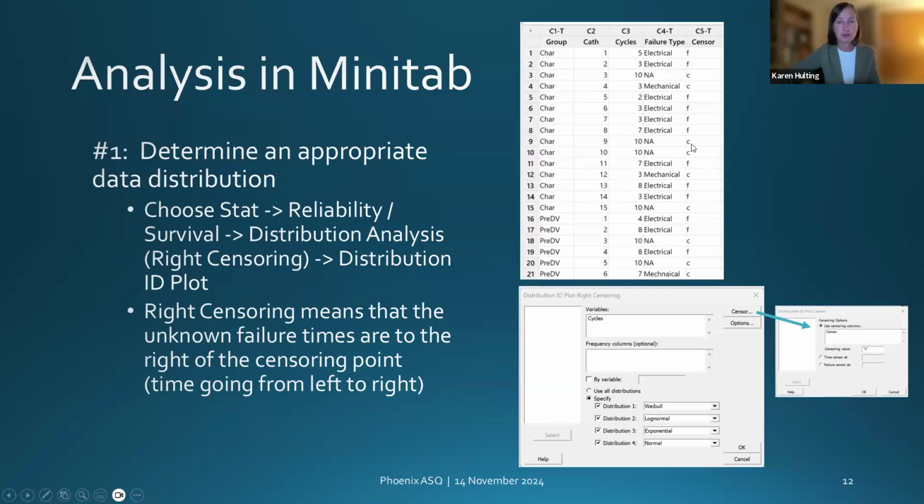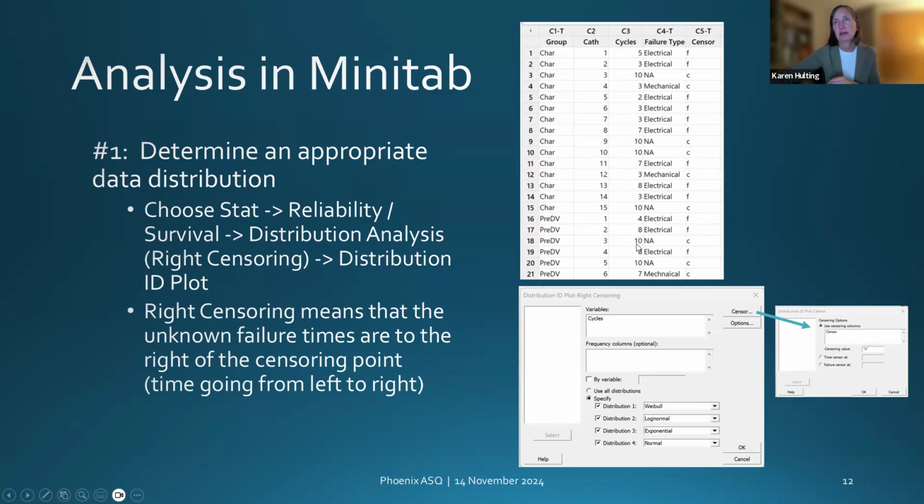Those are also censored observations. So we're really focused on that electrical failure. And so what we're going to do with this data, all we need, I'm actually not using this grouping variable. We had some characterization data, some pre-design verification data, put these 15 plus 6 observations together into one big data